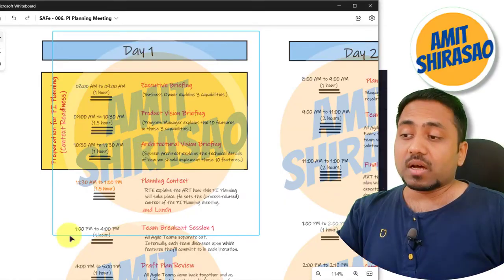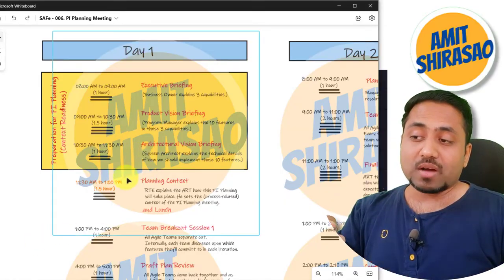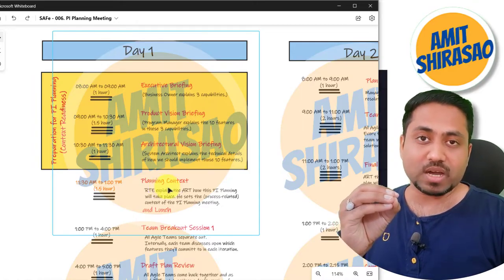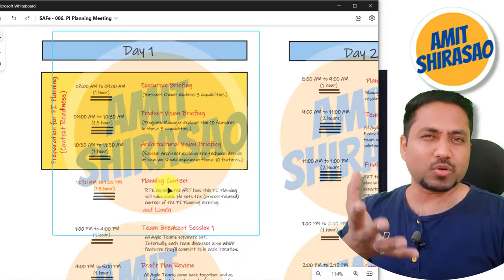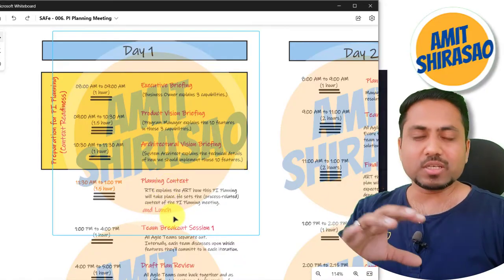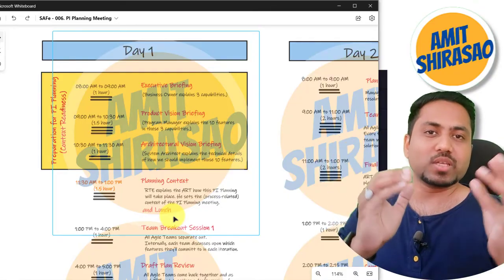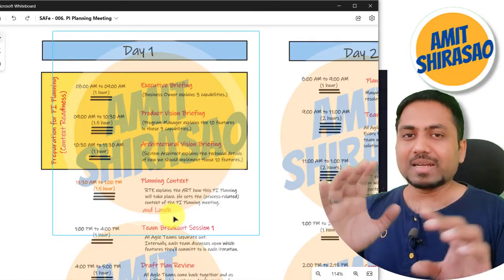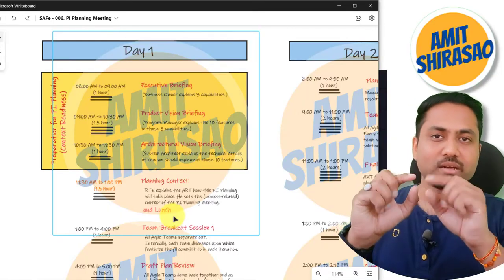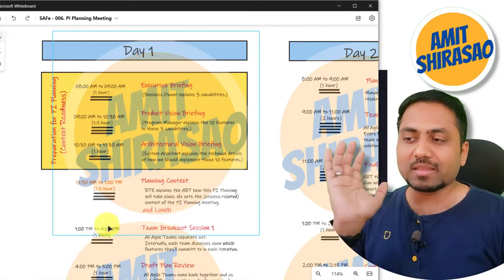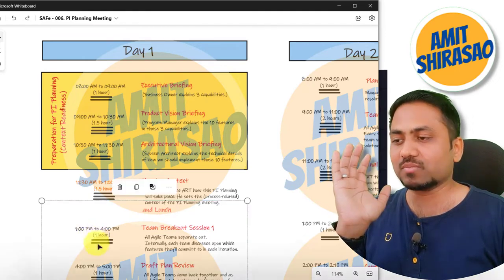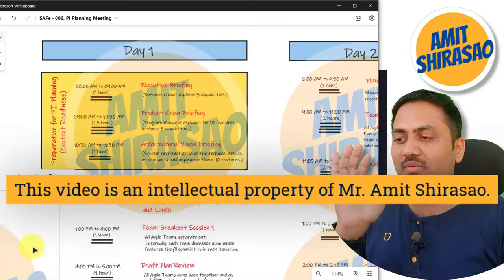Now, the team breakout session. After the planning context is explained by the RTE, who normally takes around 45 minutes to explain it, 45 minutes are given for lunch. After lunch, all the ART teams don't sit together on the same call. No. Now the individual agile teams in that ART separate out, and they work for around 3 hours. It is 3 hours. By mistake I've written 1 hour here, my bad.